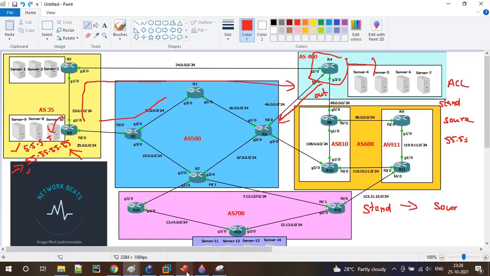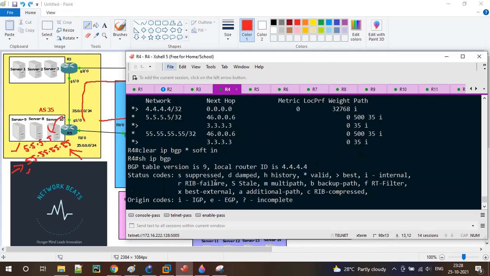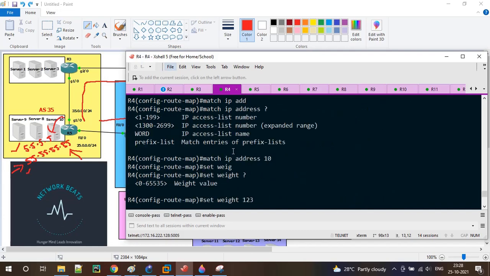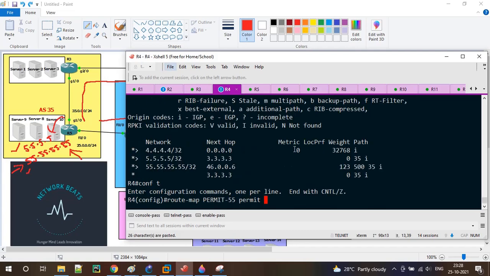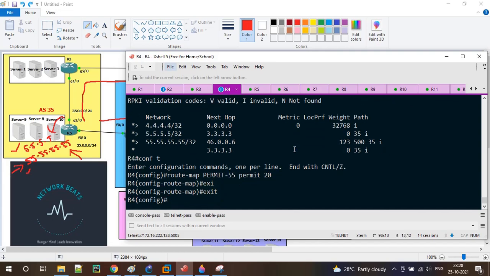So the solution is simple. You just go and create another route map, route map permit 55, only the sequence number I'm talking about. Previously we gave sequence number 10 and here 20. That's it. I'm not going to define match or set anything. What does it mean?